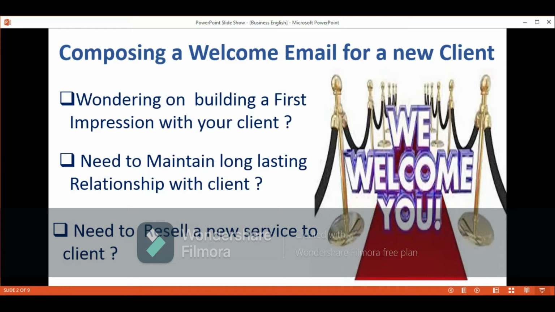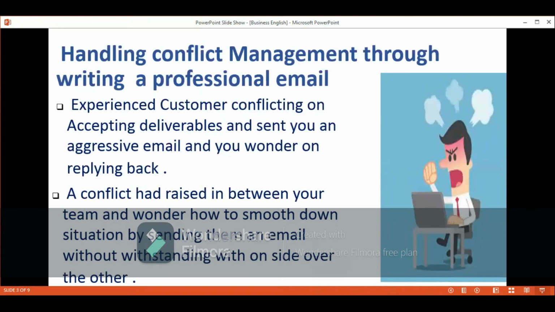So how should I express my email? How to make sure that the customer does not wonder about the syntax used in the email? How to resell him a new product? How to make sure that I have got a sign-off from the client that he has accepted the deliverable? How to make sure that the customer understands and interprets what I'm saying to him? That's again what we're going to teach you through our session: how to express yourself to your client, how to communicate in a professional, expert way to your client.